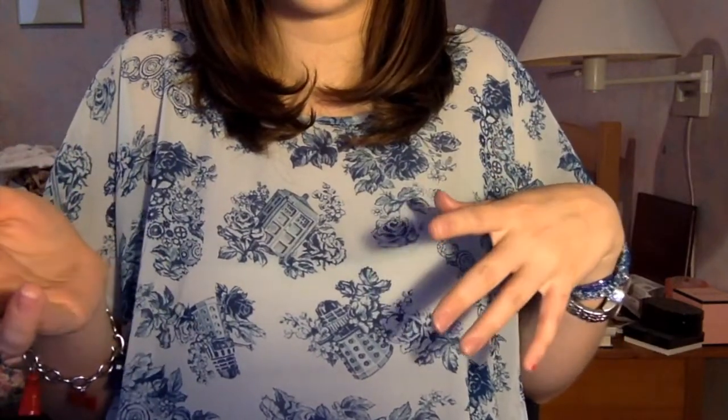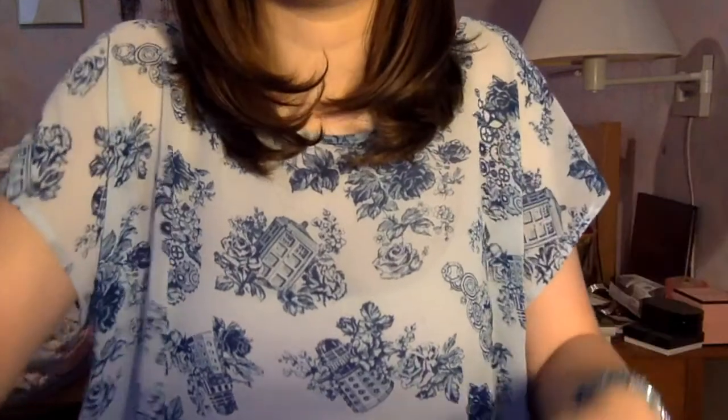Anyway, I decided to wear my new Doctor Who shirt today that I got from Hot Topic. I wanted to wear it today because I feel like this is going to be out of season really soon, because it is like the last two weeks of fall. Next week is basically the last week that I wear my summer clothes, because even though the first day of fall was yesterday, I still like being able to wear my summer clothes for as long as possible. And same thing with fall clothes. Like I will push,